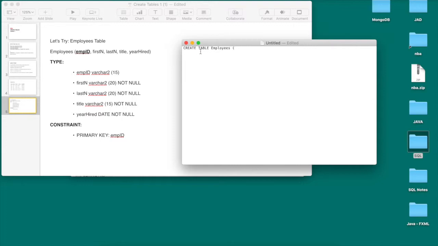So first we type create table followed by the table name, then a set of parentheses. Within the parentheses, we type the name of every column we need in our table. And right here, we know the name of the columns that we need. We need the employee ID, the first name, last name, title, and year hired. So first, let's type employee ID,